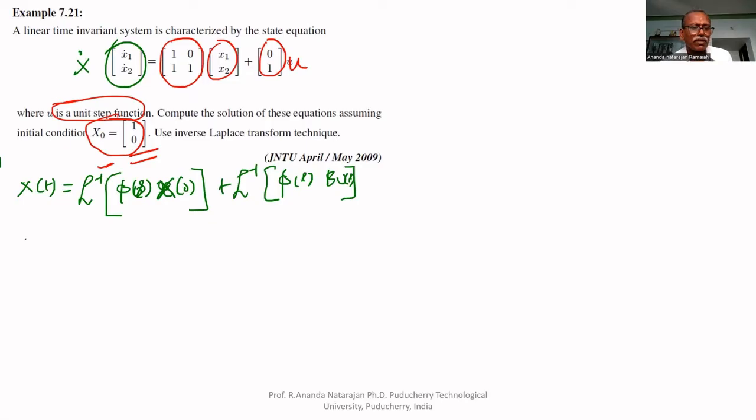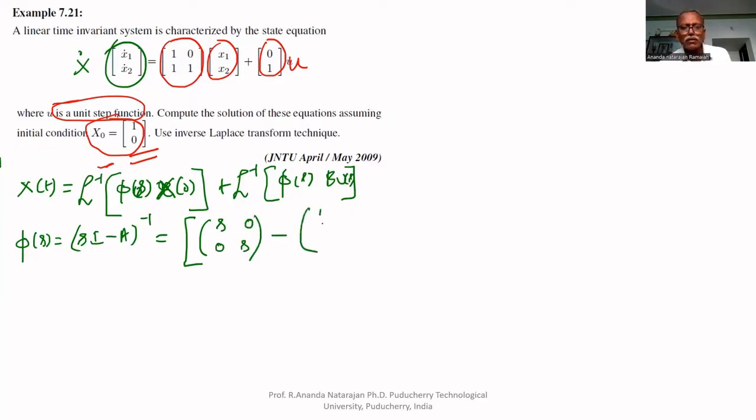So we have to find phi of s. Phi of s equal to what? It is (SI minus A) inverse. SI means what you will write: S 0 0 S, that is SI minus A. A is [1 0; 1 1]. So what is the inverse, that is equal to